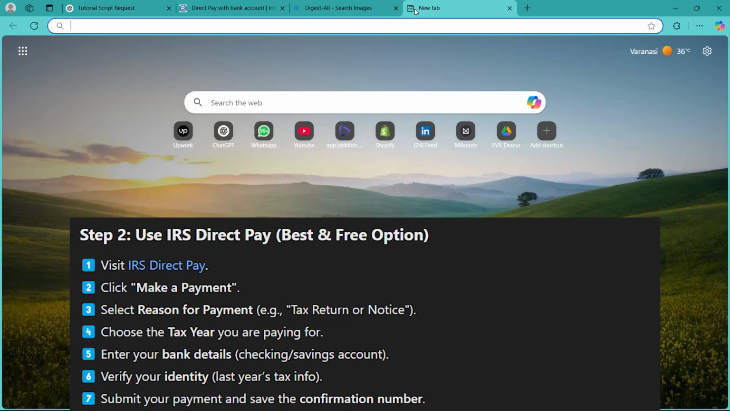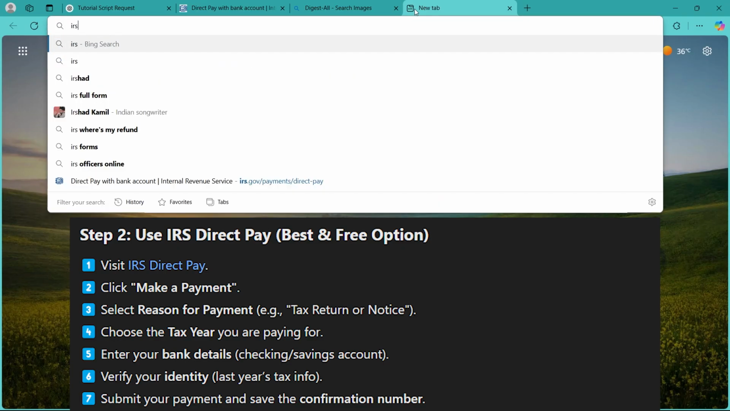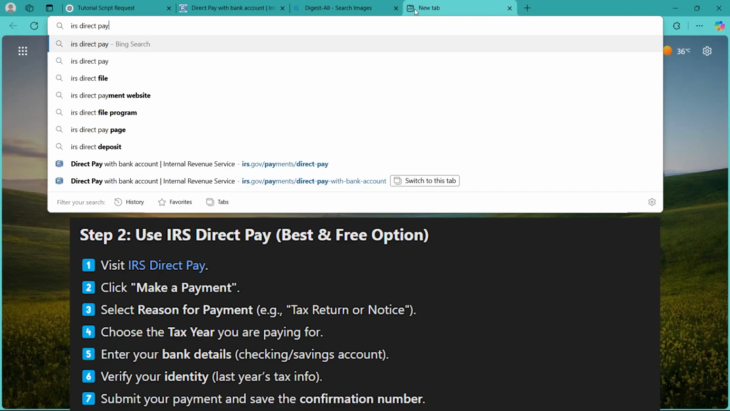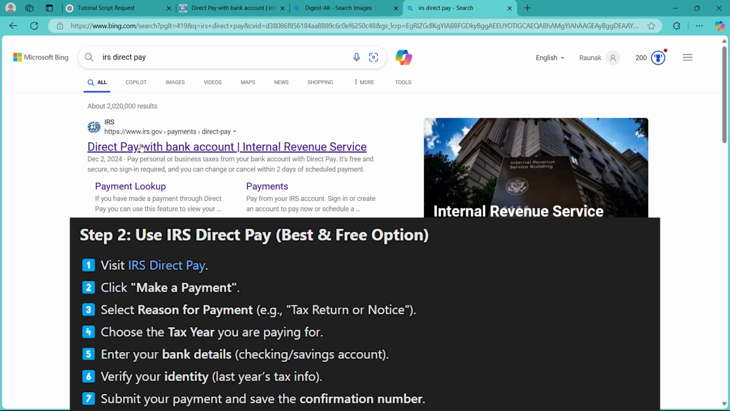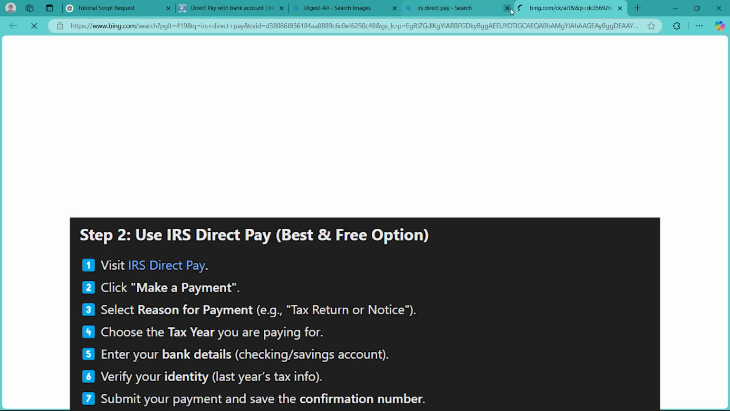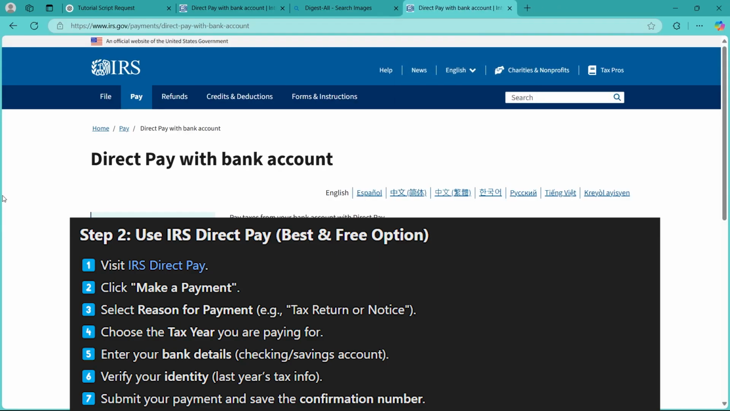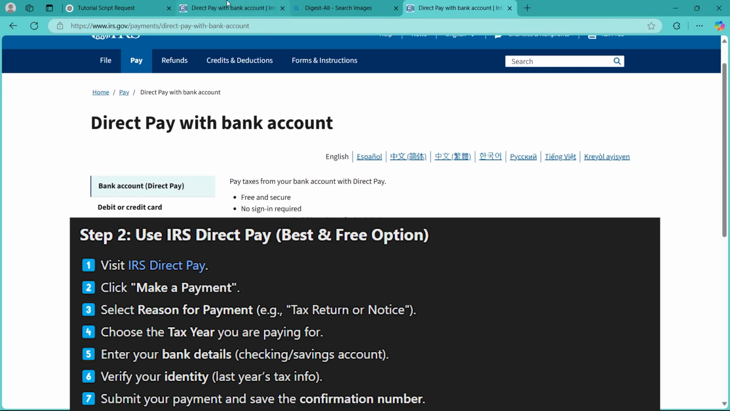So simply navigate to any browser on your mobile phone or PC, go to the search bar and type in IRS Direct Pay, hit enter. Now click on the link that says irs.gov Direct Pay with bank account. Now this is going to take you to this page. As you can see, after navigating to the IRS Direct Pay, simply click the make a payment button, then select a